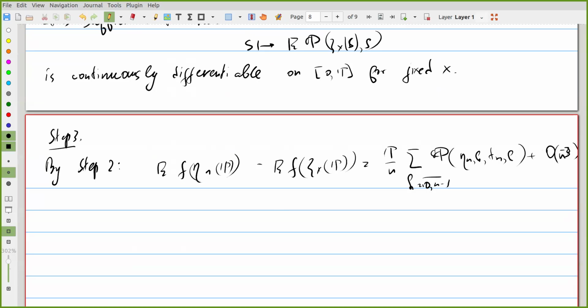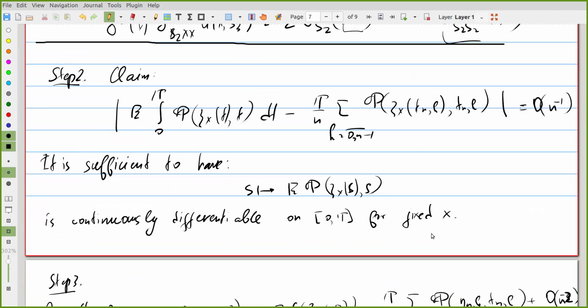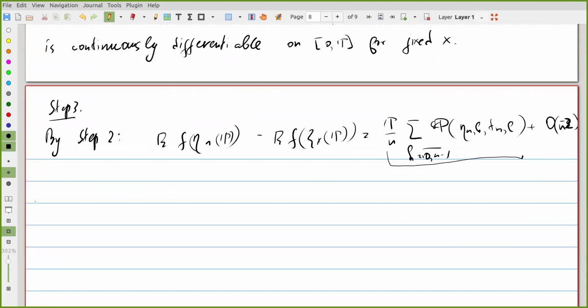No, it's of this order. So now we want to approximate this sum by this integral. So it is sufficient to show that